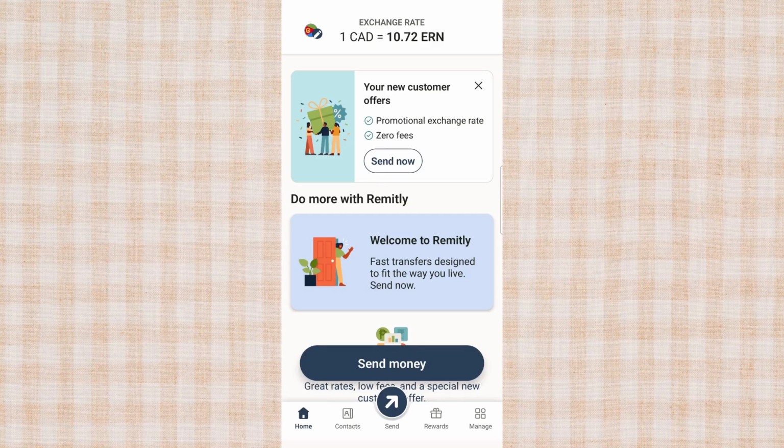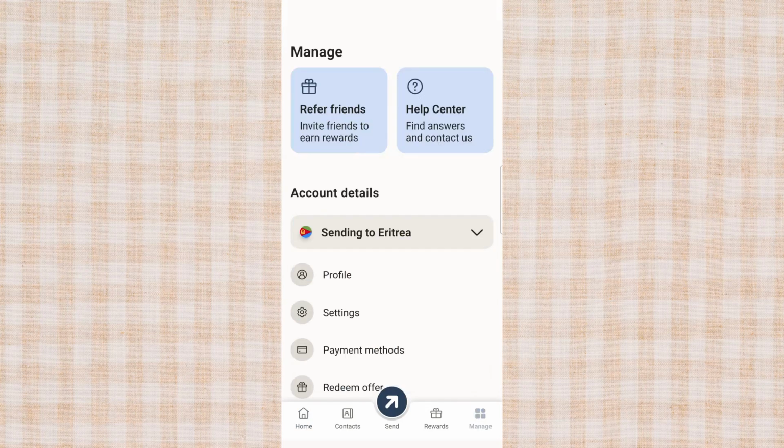This section lets you view your current payment options and add new ones when needed. If you're planning to send money directly from your bank, this is the step that connects that funding source to your Remitly profile. Next, click Add Payment Method. This will open the list of available payment options you can link to your account. Depending on your region or device, the layout may look a little different, but the wording is usually very similar, so just look for the option to add a new method of payment.